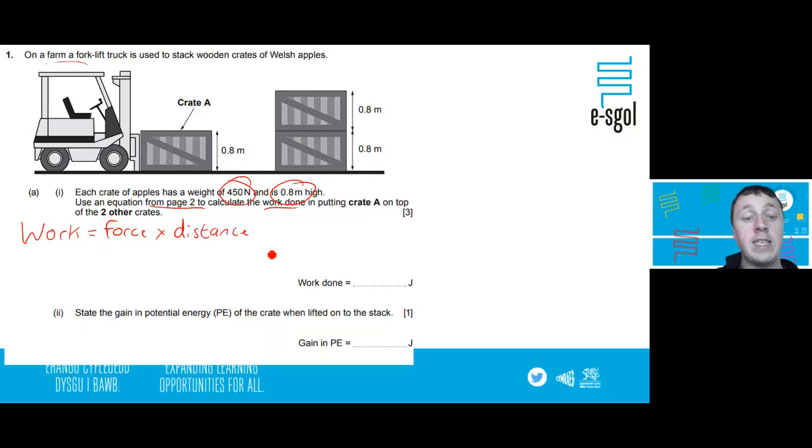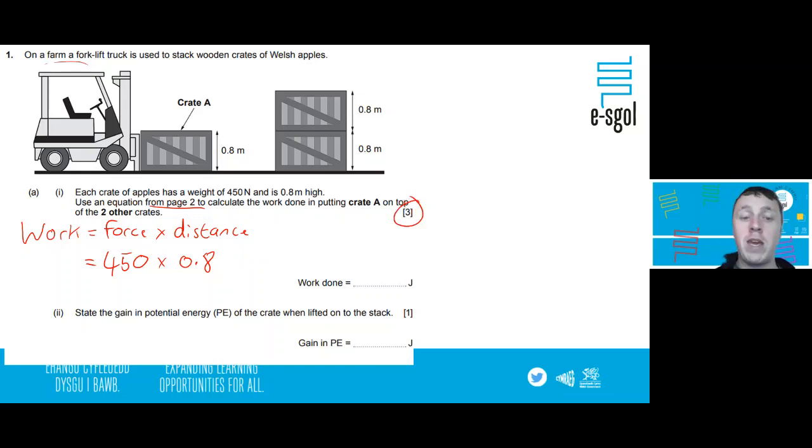So we can identify the equation and we can then look through the question. We have a weight of 400 newtons because that's the crate weight. And we also have a distance of 0.8. But as we work through the question, we need to think about it because this is a 3-mark question and